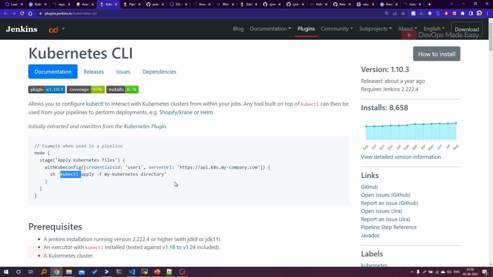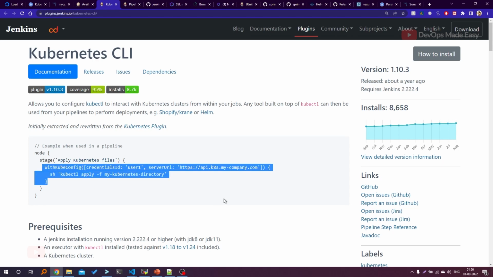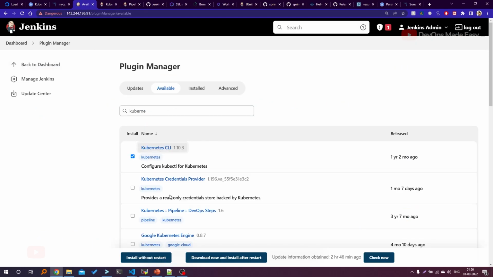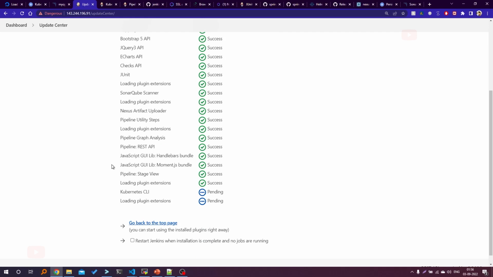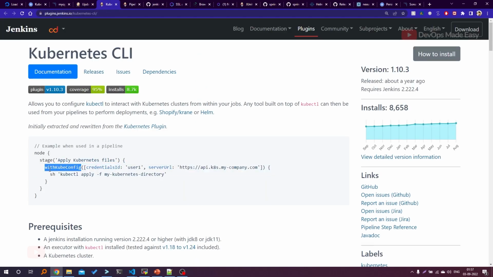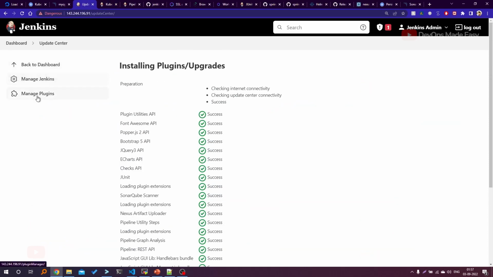I just downloaded the kubeconfig file from DigitalOcean. Now I need to give this config file to the kubectl. So I will provide this as an environment variable with this withKubeConfig block. So how do I do that? The first thing is I'll install this Kubernetes CLI, a plugin which is giving me that withKubeConfig block. So I need to store this credential. The credential is basically my